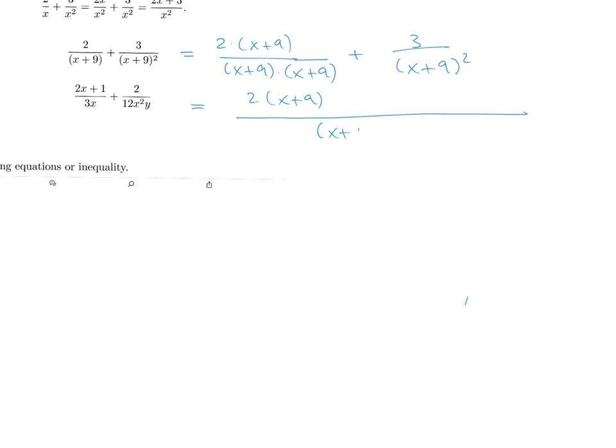This is x plus 9 to the power of 2 plus 3, and then I get rid of the brackets in the numerator, so this is 2x plus 2 times 9 is 18 plus 3 divided by x plus 9 to the power of 2, and then I have here 2x plus 21 divided by x plus 9 to the